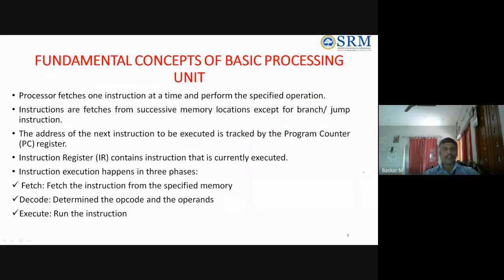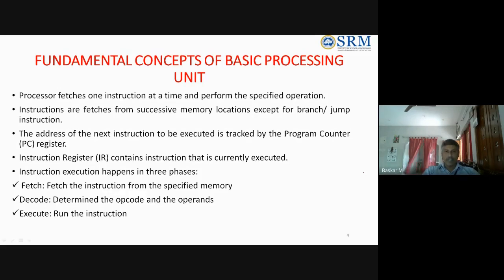Okay, the fundamental concept of the basic processing unit. If you want to execute an instruction, we already discussed a little bit; we are going to see it in detail. How the instructions are going to get executed, you know very well. The processor is going to fetch an instruction one at a time and perform the specified